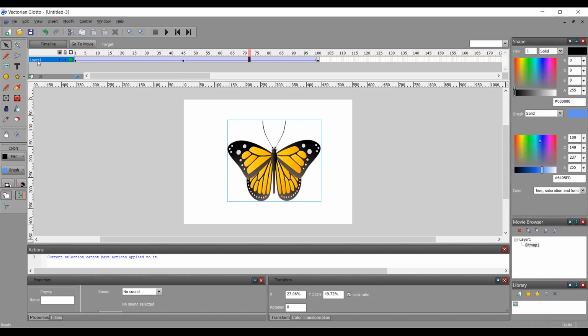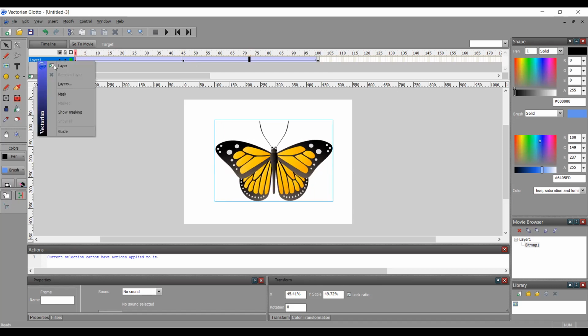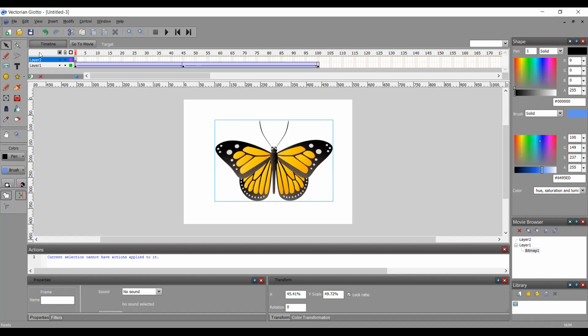Add it as a layer and right click. So let's add a new layer, and let's put this layer on top. In the second layer I'm going to put a background. So that is possible, right? I can import a background. Let's go to this one, and I'm going to import maybe leaves. Sorry, leaves. Okay, then I'll get a leaf like this.